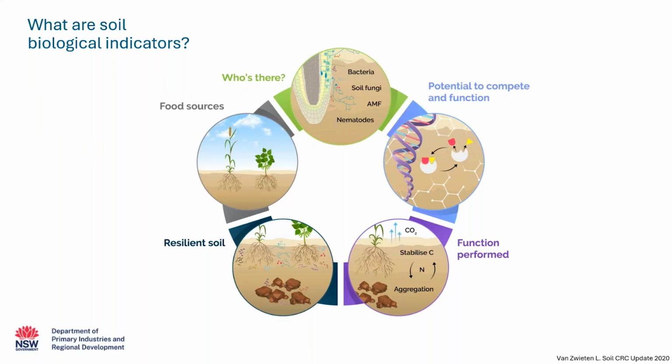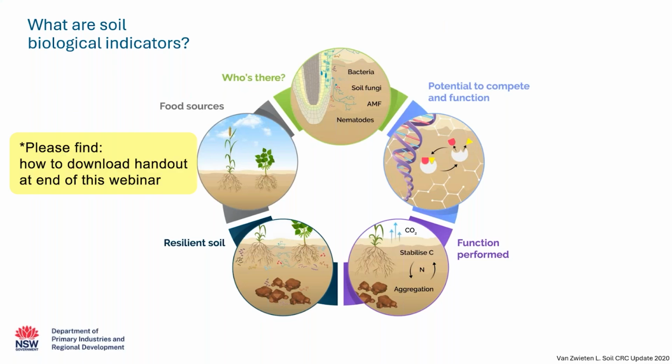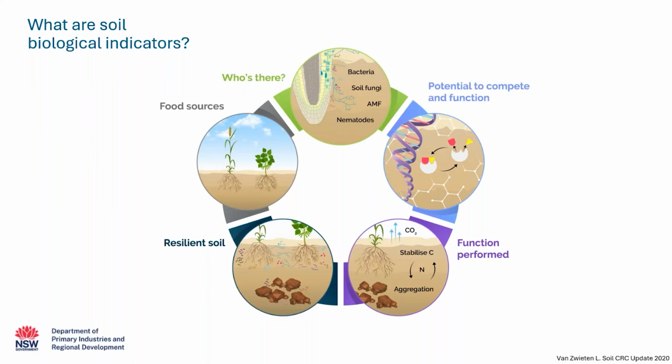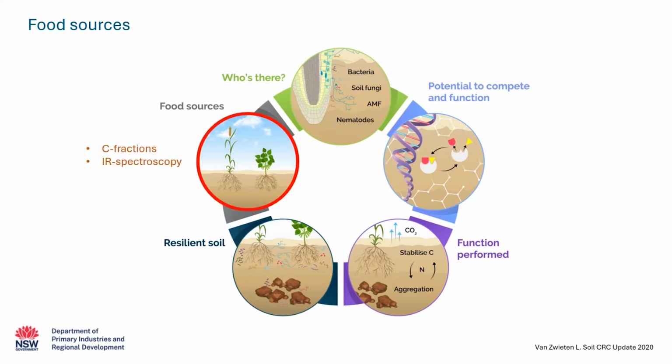As mentioned, there's a huge range of biological indicators that can be analysed within each of these framework components, all with varying accessibility, costs, standardisation, sensitivity, variability over time, and interpretability of results. You can find these outlined in the downloadable handout. So there are trade-offs, and we usually can't measure everything. And it's usually also not necessary to answer a research question either. So let's start by exploring the microbial food source.